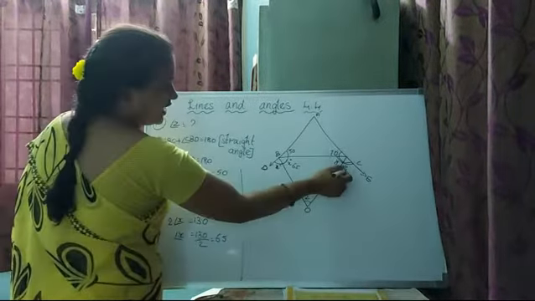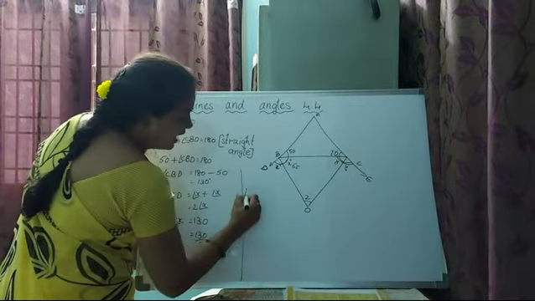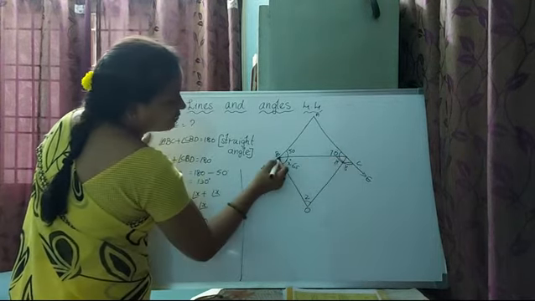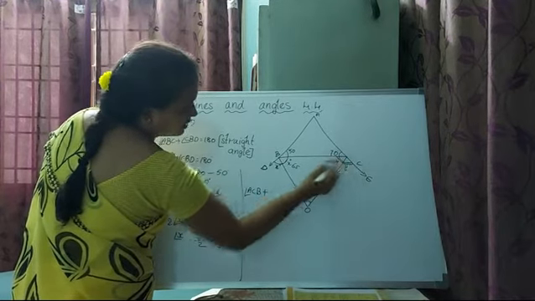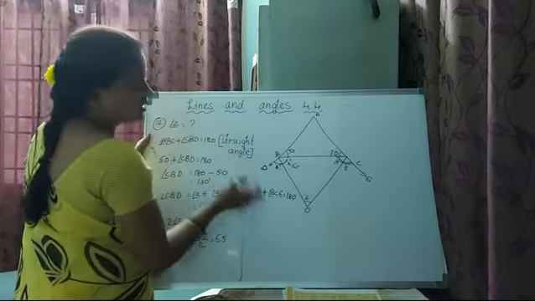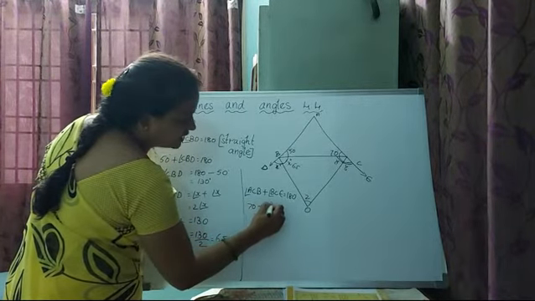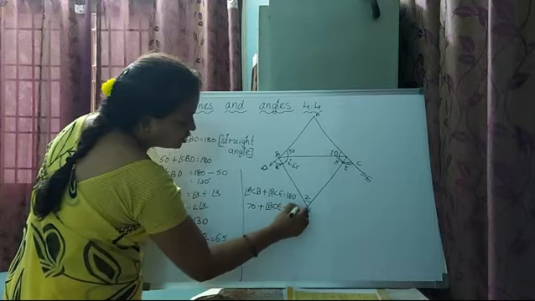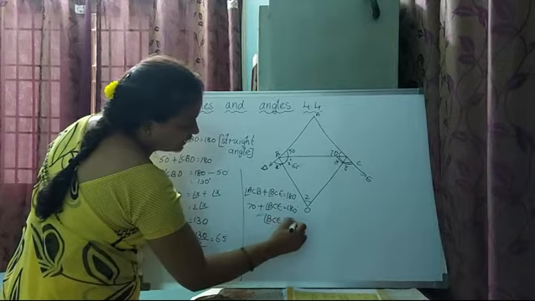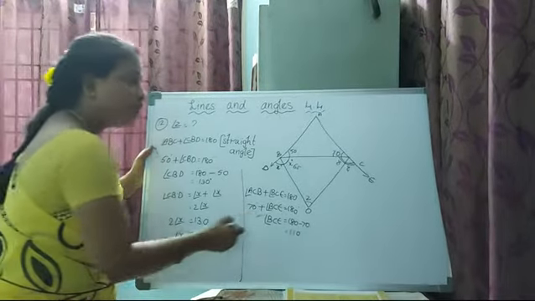Now we have to find out angle Y. In the same way we can find out the angle Y. Angle ACB plus angle BCE, that means this angle BCE, is equal to 180. Same, straight angle or linear pair we can tell. Angle ACB is equal to 70 degrees. Angle BCE we don't know, we have to find out that one. So angle BCE is equal to 180 minus 70, that is 110 degrees. We want Y.